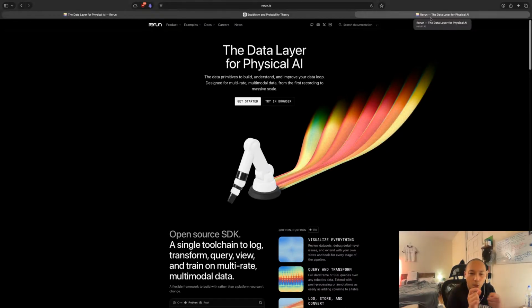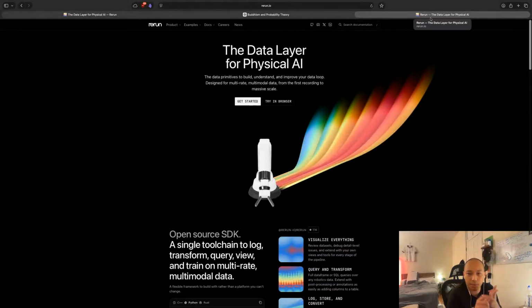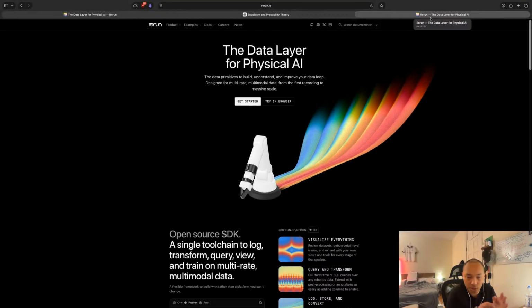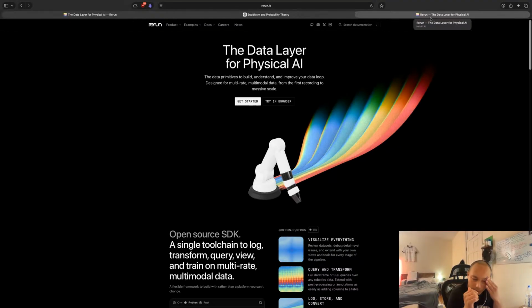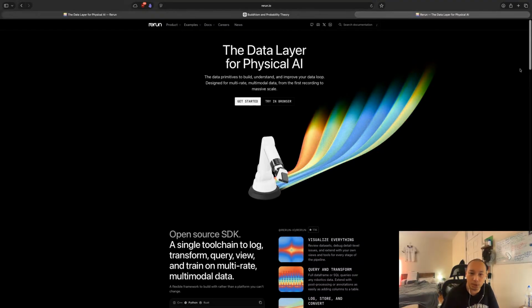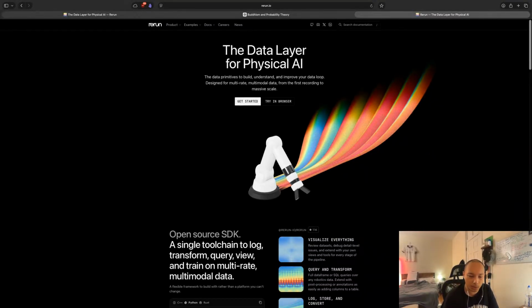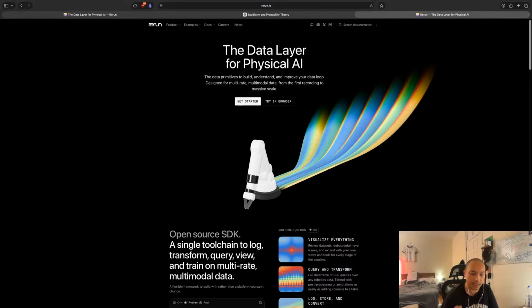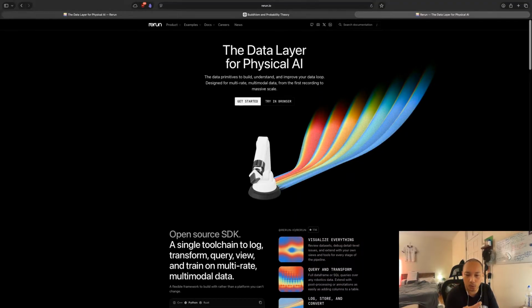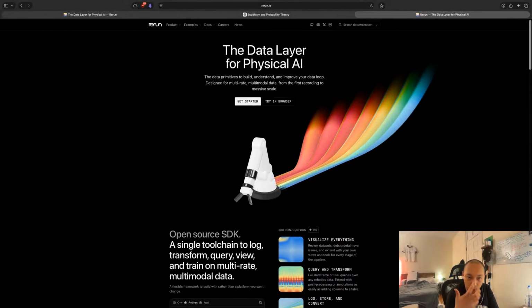It can be audio data, sensor data, pressure data, vision or image data, and by correspondence video data, and even sound data. Physical AI needs a way to understand all of this multimodal data.